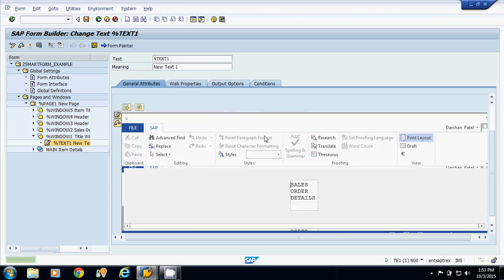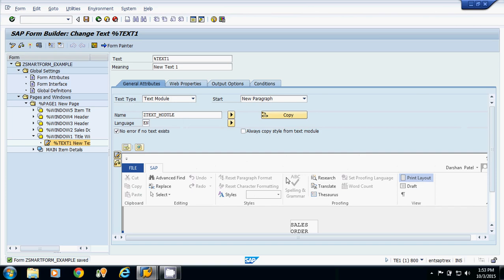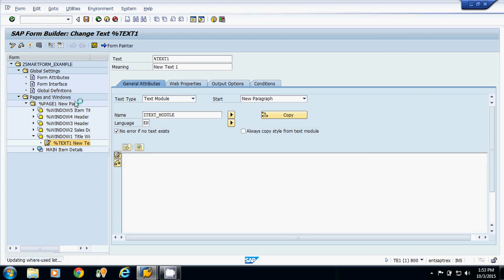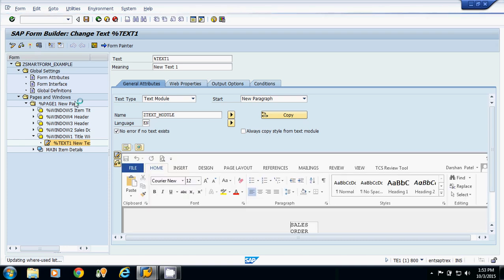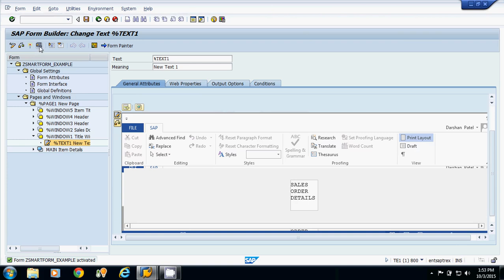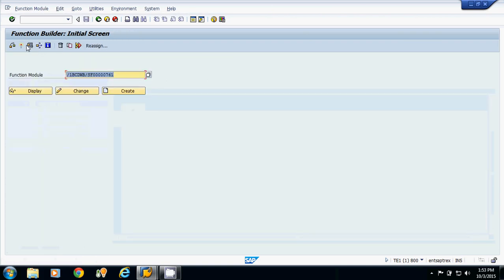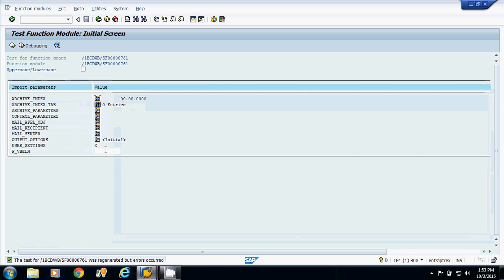Now rather than hard coded text, I am displaying the text with the help of text module. Now I am activating the smart form. If I run the smart form, I provide the input 4969.